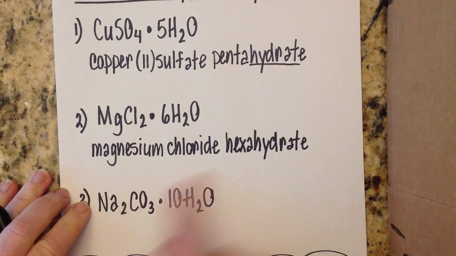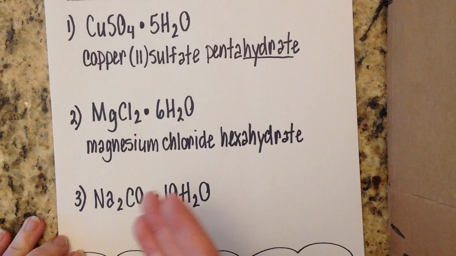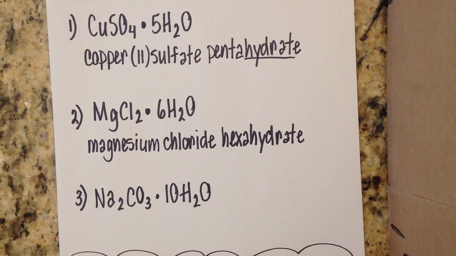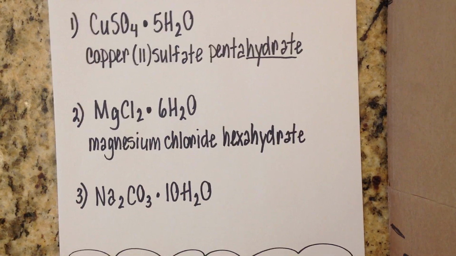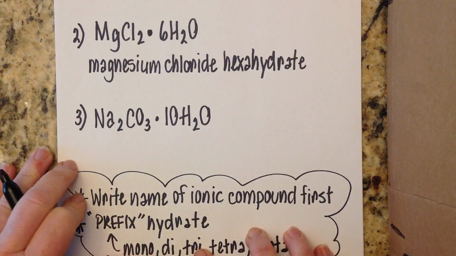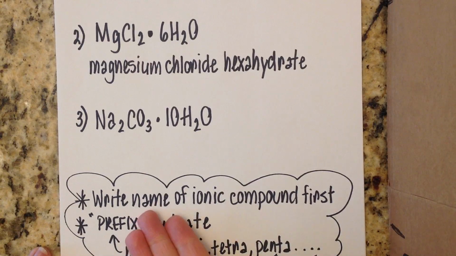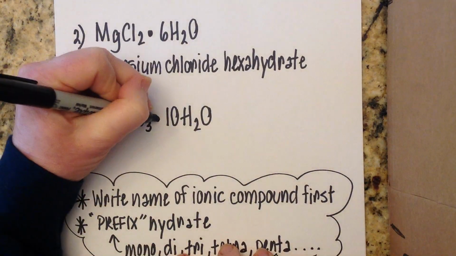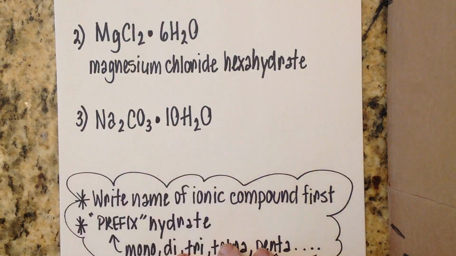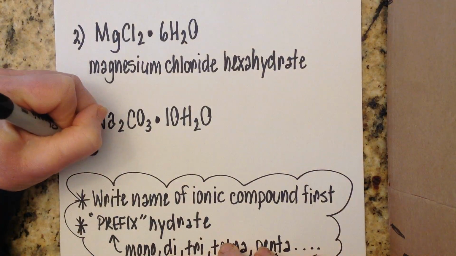If you would have seen this name 5 minutes ago, you might have thought, oh my gosh, that looks terrible. But again, once someone shows you the steps, it's really, really easy. And we're going to look at one more, and then we'll move on to the next step. So I see I have a hydrate. How do I know? I have this fat dot, and then I have some water molecules attached to it. So this is sodium carbonate.